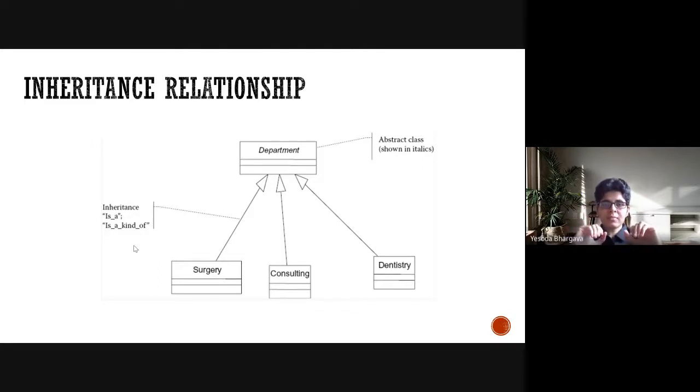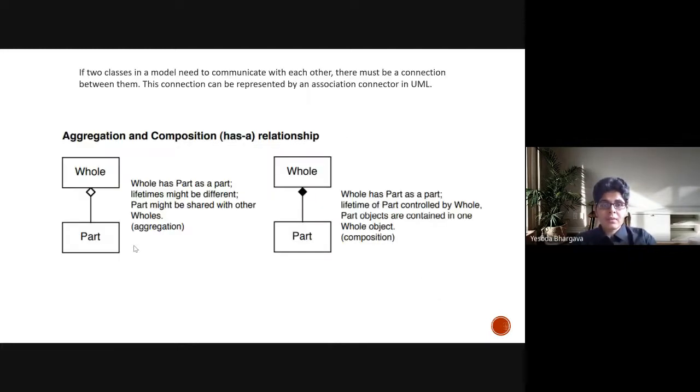What we are trying to understand is the basics of class diagram, the building blocks of class diagram, and then we are moving towards how to develop an overall class diagram, which is a very important aspect of designing software in a static manner. So this is what we are trying to understand.